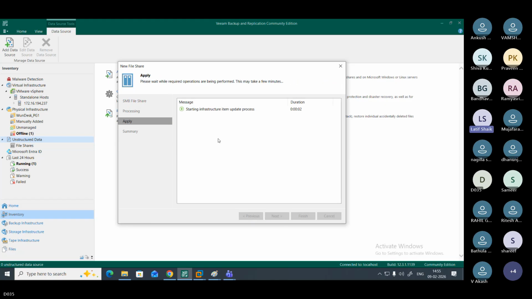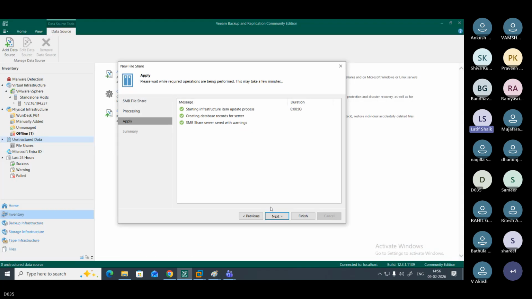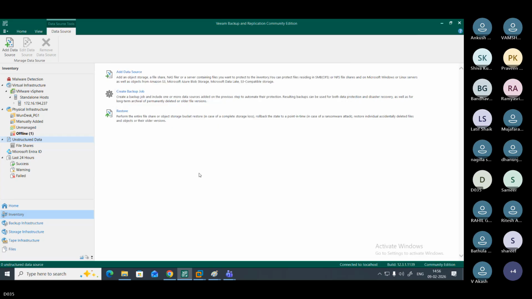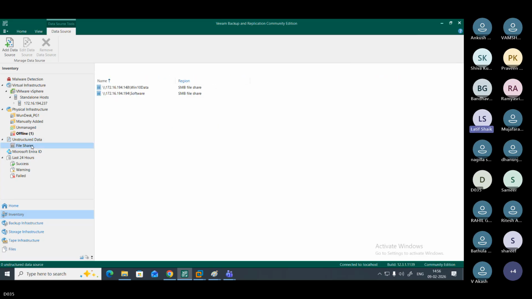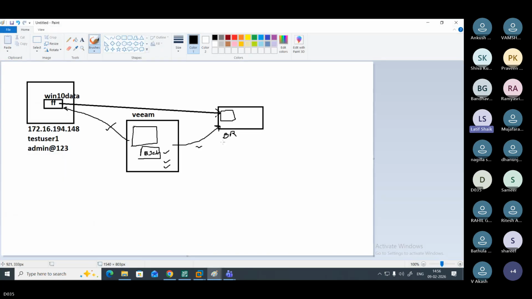Okay, I added the source. This part we are completed. And this is already created, but if you want, we can create it again. Finish. Okay. So in the file source, we added this one. And next, the second one, you should do it, right? What is the second one? You have to do